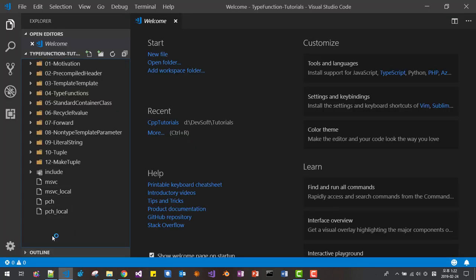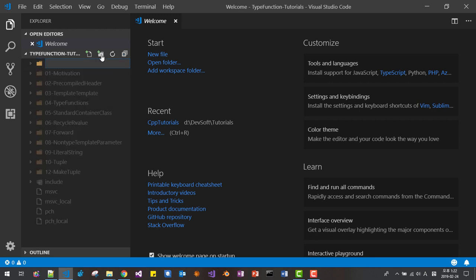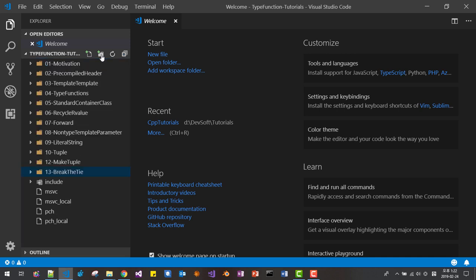Click in blank space, click this button, 13, break the tie. Click this button,